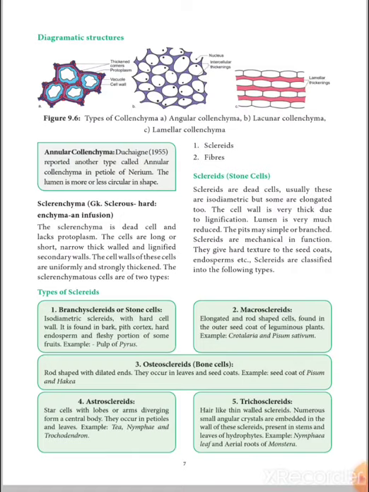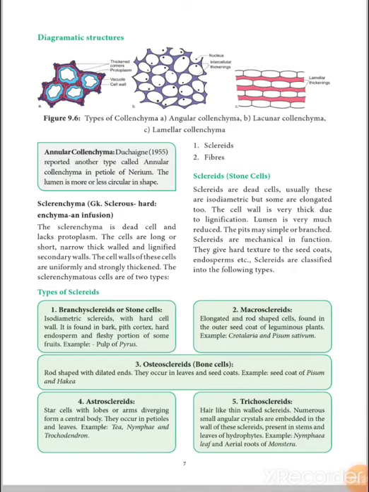Today we study the third type of permanent tissue, known as sclerenchyma. It's a Greek word, scleros and enchyma. Scleros means hard, enchyma an infusion. The sclerenchyma is a dead cell